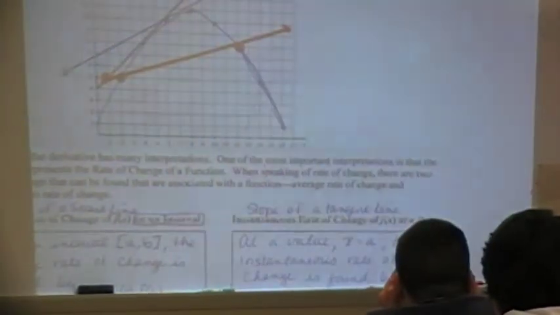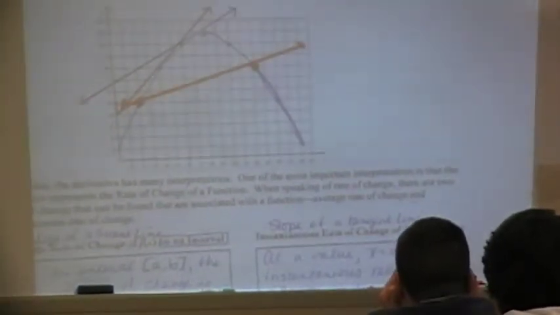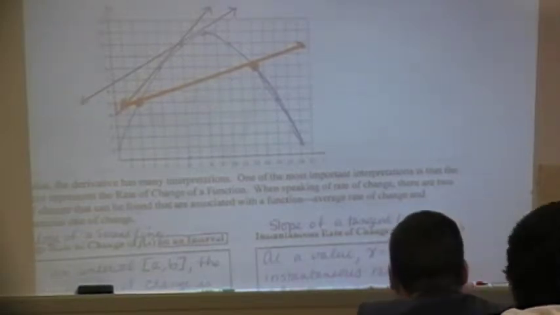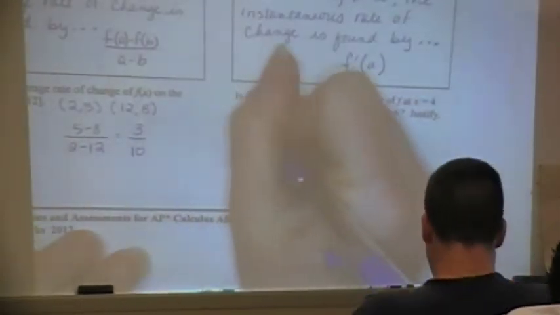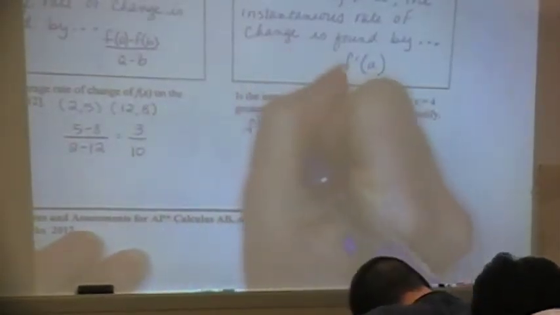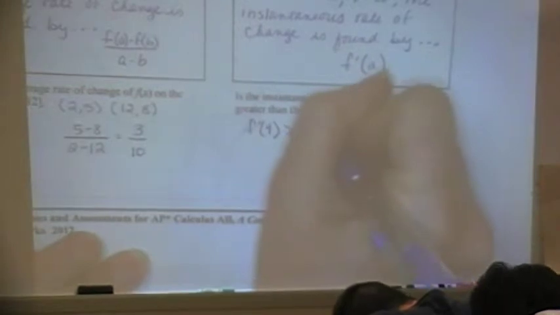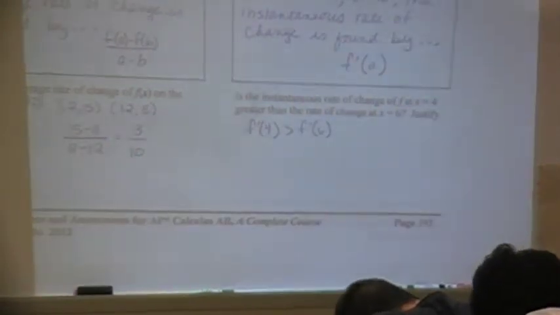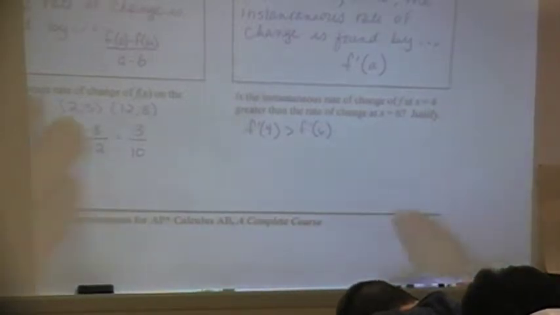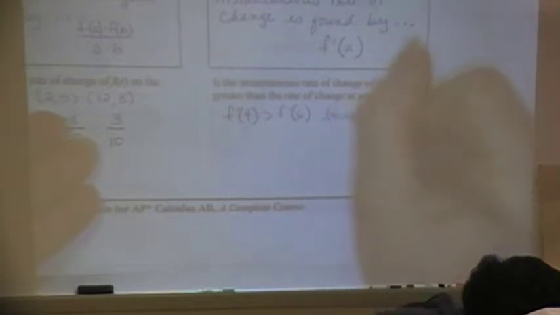Okay. Four's greater. Why? In terms of the picture, because it's a steeper line. 4 is a steeper line than 6. So the derivative at 4 is greater than the derivative at 6, or the instantaneous rate of change at 4 is greater than the instantaneous rate of change at 6 because the tangent line